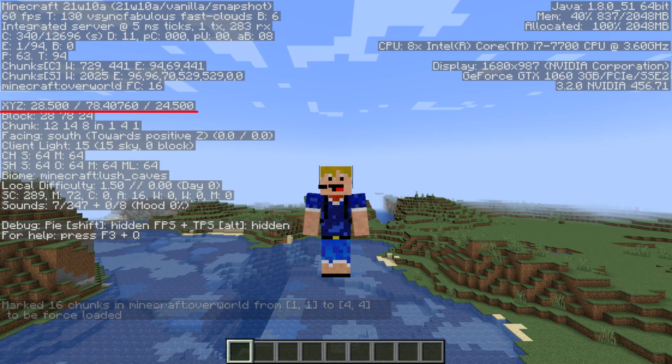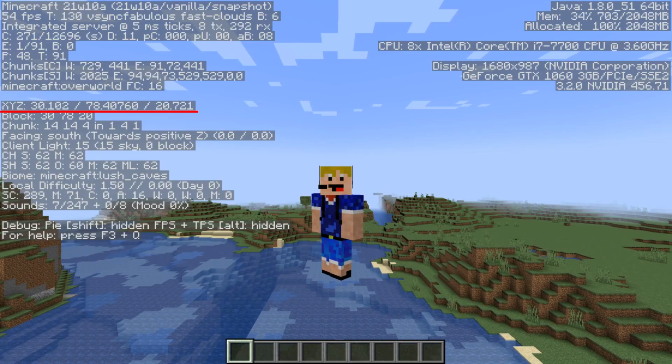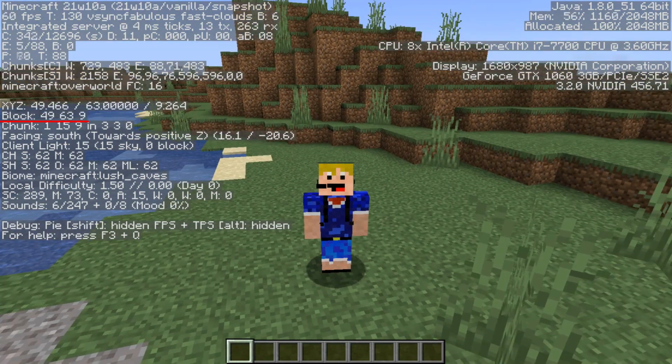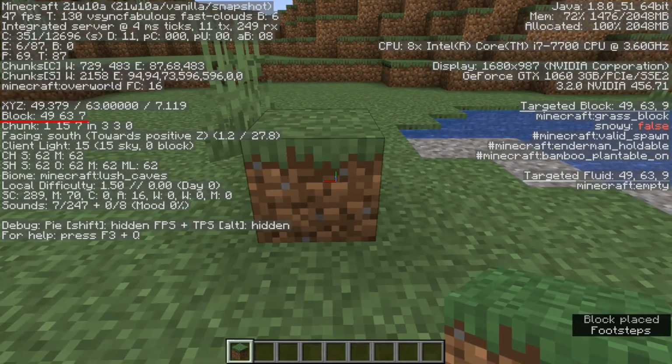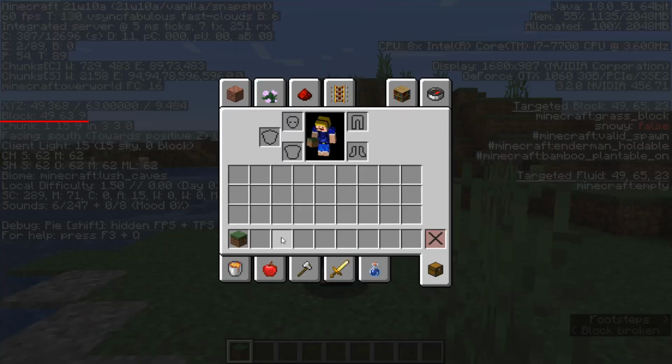Then the second section of the F3 screen first of all shows X, Y and Z. So these are your exact X, Y and Z coordinates with way too many digits of precision, but could be very useful of course. Below that it says the block, and this is the block your player's feet are at. We will see that the block value right now is 49.63.9, and this means that this block over here has those coordinates,